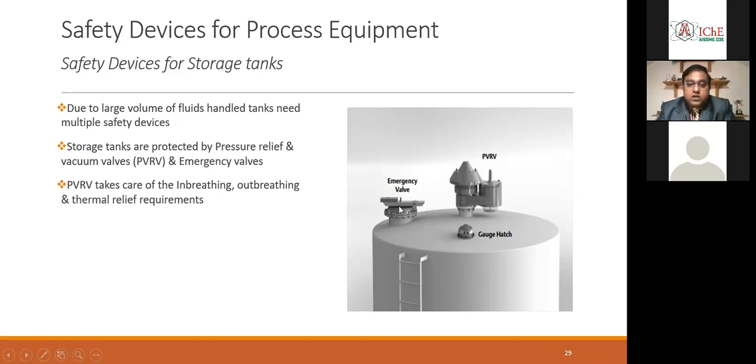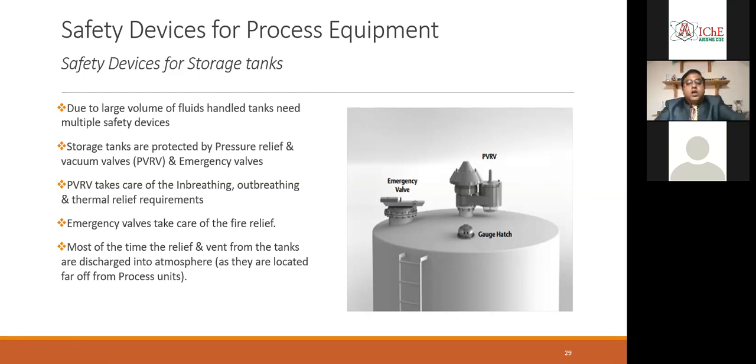So why is this emergency valve there? Fire. If there is a fire in or around the tank, it has to be protected against fire also. No PVRV is big enough to protect against the fire case in a storage tank. So what we do is put in one of the manways this emergency valve or emergency hatch. Whenever there is fire, this hatch will simply open up and release a massive amount of hydrocarbon or tank content.